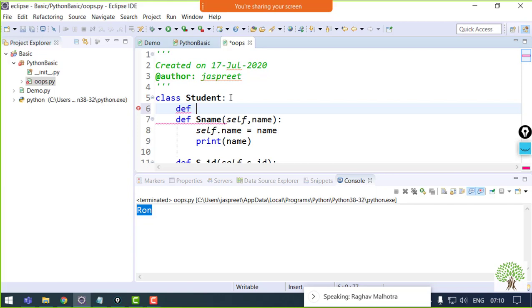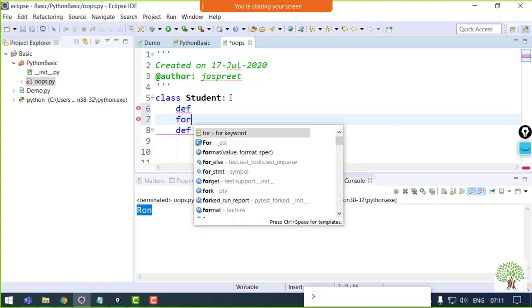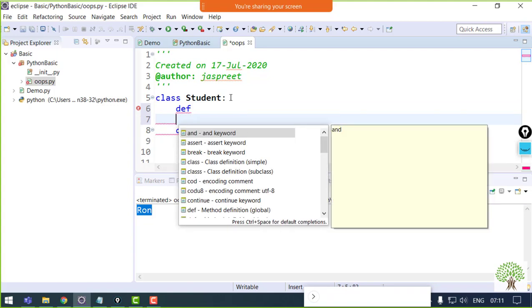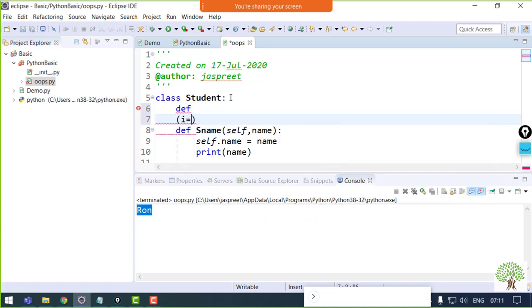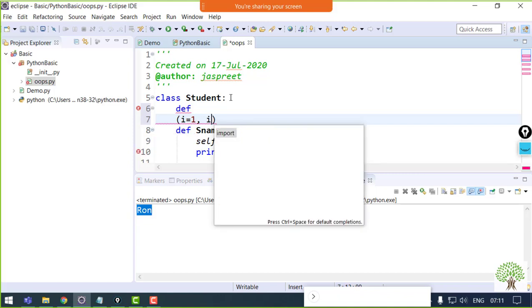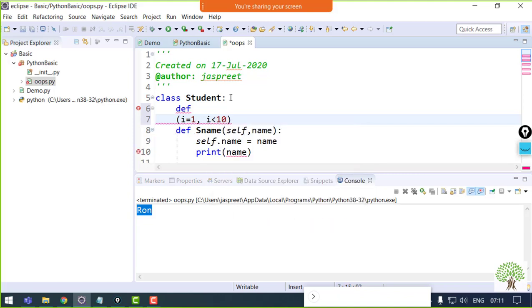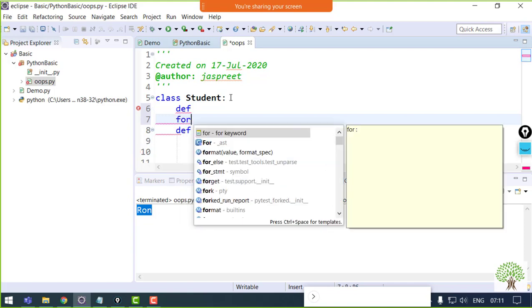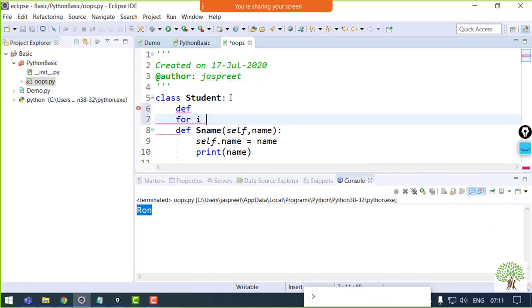The syntax is different. Like for a for loop, when you write it in Java, it looks like this. I don't remember the syntax exactly, but you write i equals 1, then you give some condition to check, right? But here in for, you just say for a counter variable, whichever you want, and you specify the range.